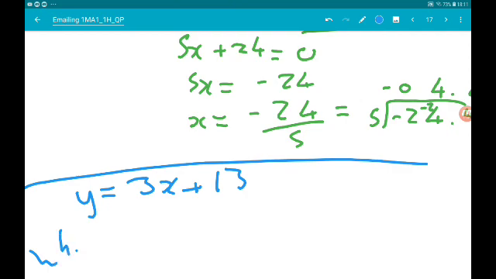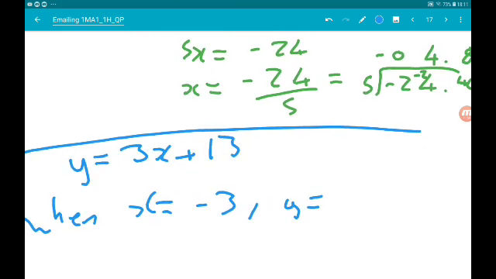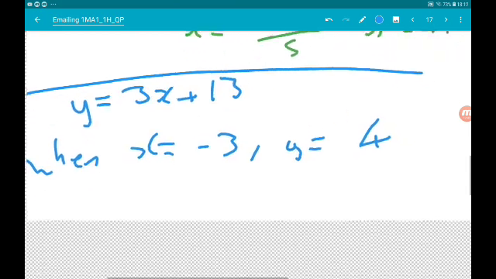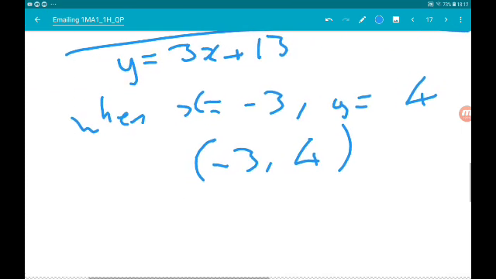Well, when x is minus 3, then y is minus 9 add 13. So minus 9 add 13 is positive 4. So one set of solutions is minus 3, 4, and then when